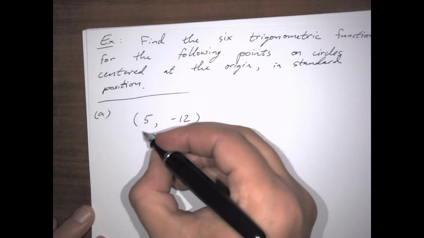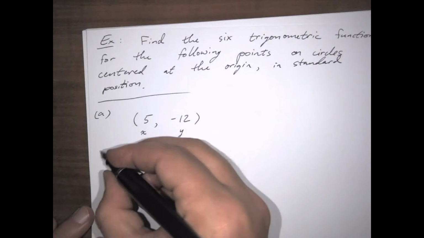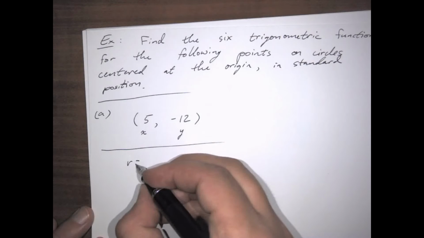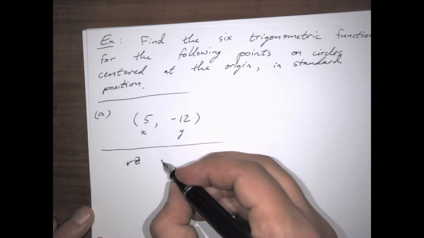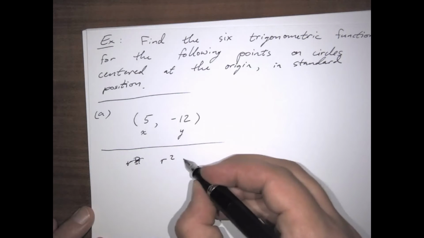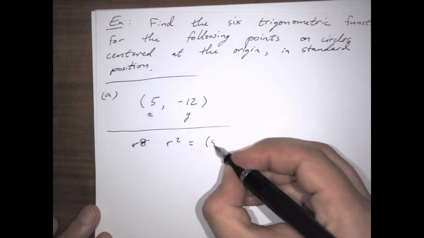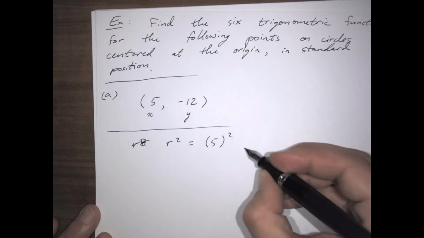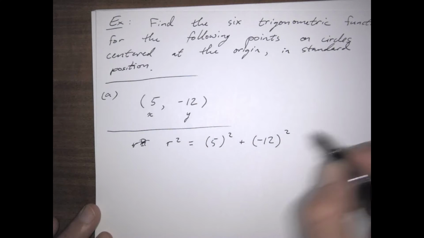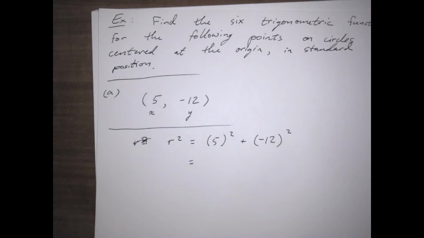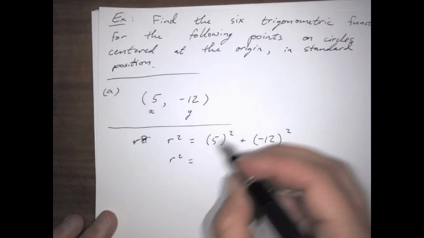All right, so this is of course the x, and this is of course the y. As for the r, that's for us to determine. So r squared is equal to x squared plus y squared. That's what the wisdom of Pythagoras teaches us. And now let's just see what that means. So r squared is equal to